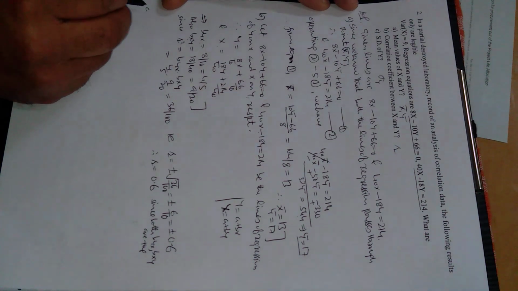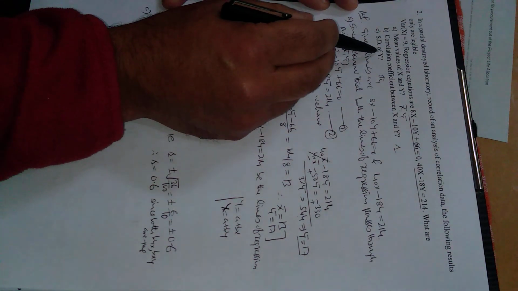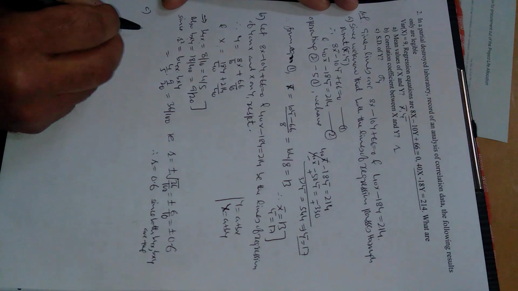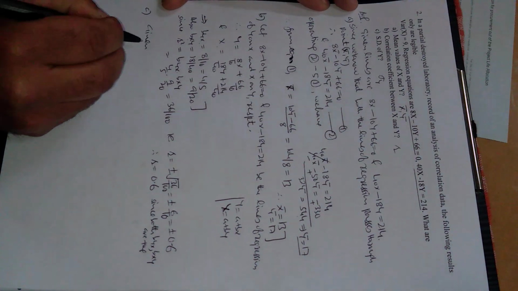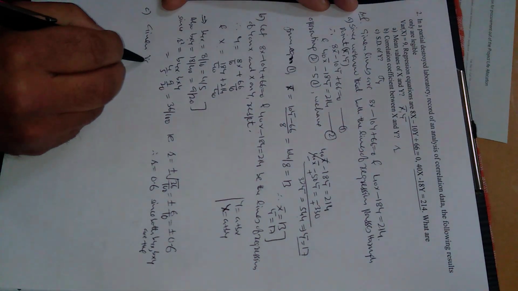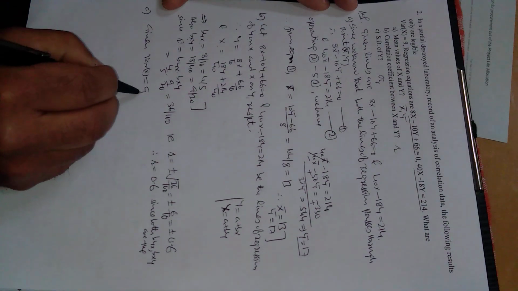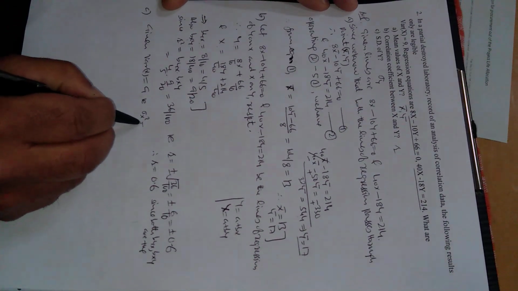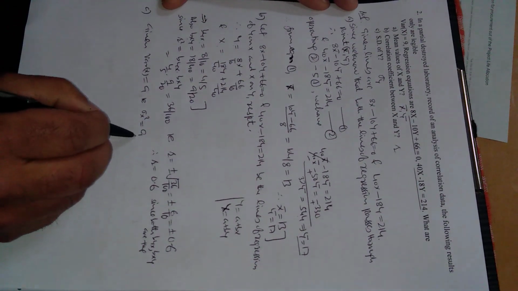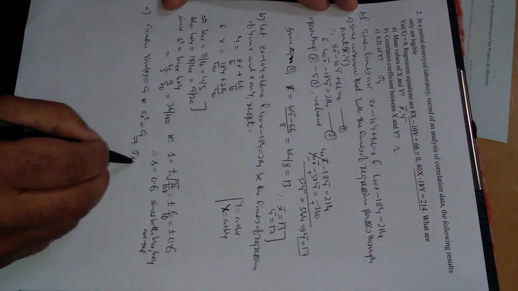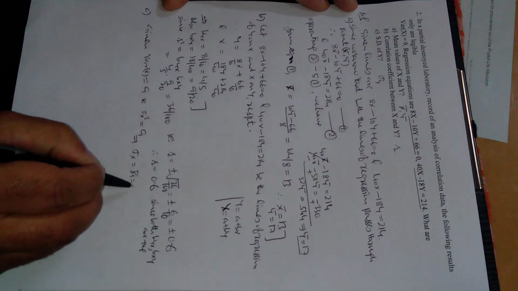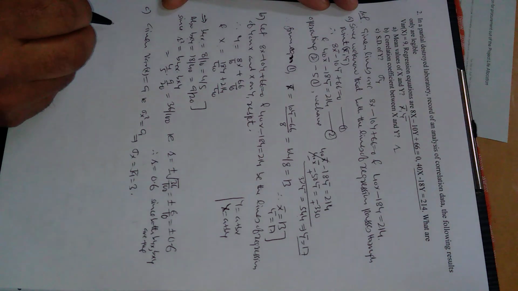Now finally part c. In part c we have to find the standard deviation of y. Given is the variance of x. Variance of x is 9, that is sigma x square is equal to 9. So this implies the standard deviation with respect to x will be square root of 9, which is equal to 3.